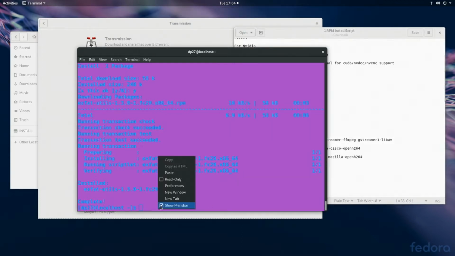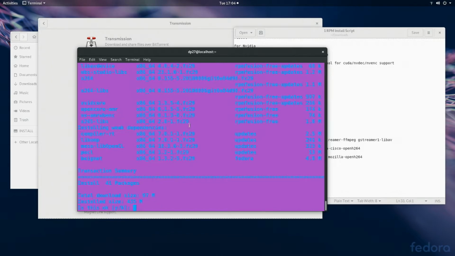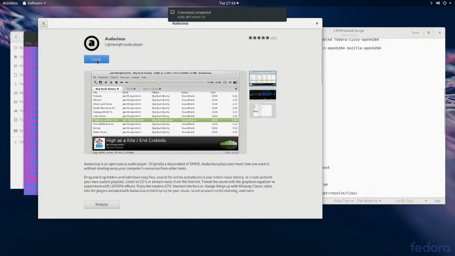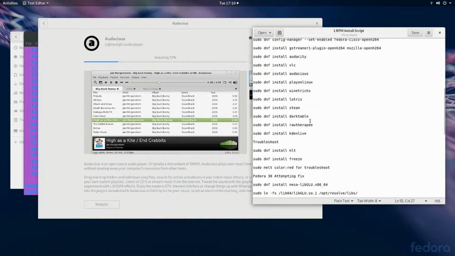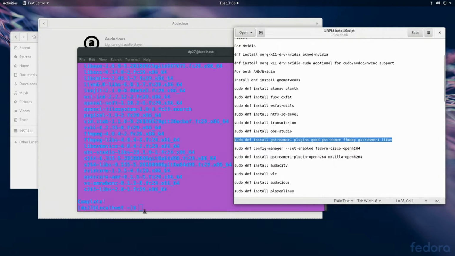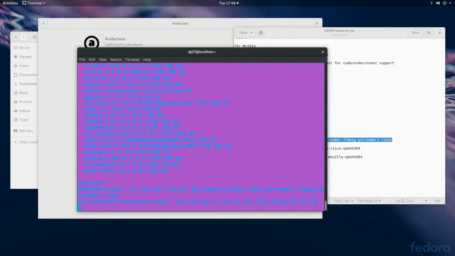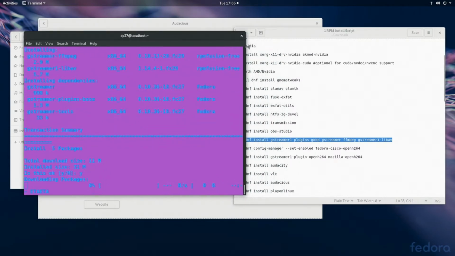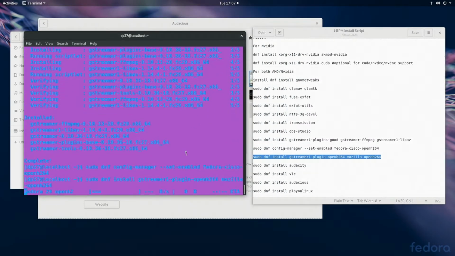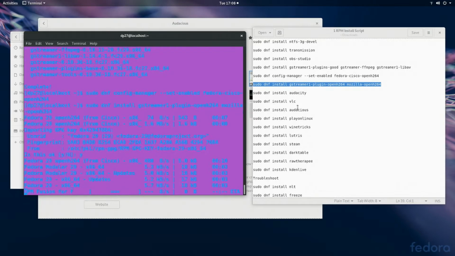So for that, it would be sudo dnf install OBS Studio. So we'll copy that and we'll paste that into the terminal. Click yes. Go ahead and move over to Audacity in the software management, because that's an application that's in the software. So after we install OBS, there's a couple other little packages we're going to install, something that's good to get for basically any kind of video application. So we'll paste those, and then a little configuration command as well,